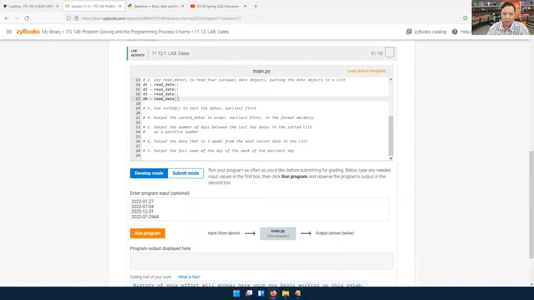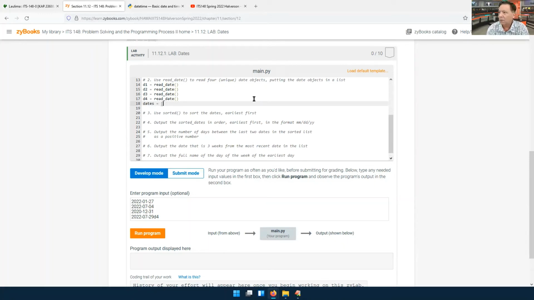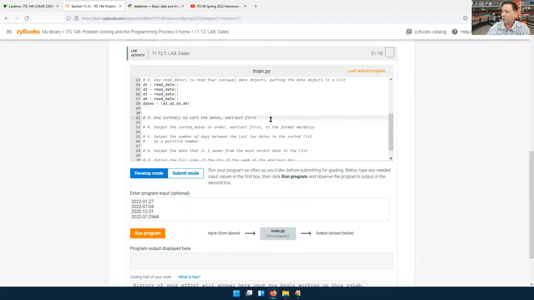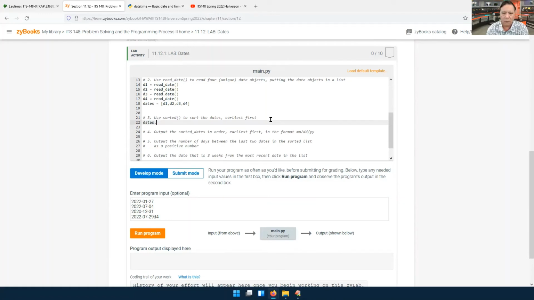And then I'm going to create a list. So I guess I can just do this. Dates equals D1, D2, D3, D4. And then I can sort. Use sorted to sort the dates. Dates sorted. Is this going to work? Let's see what I'm going to do. All right. Sorted dates equals sorted dates, in ascending order. And now let me print the dates